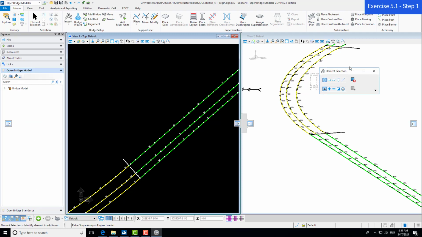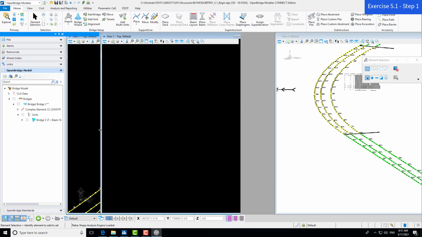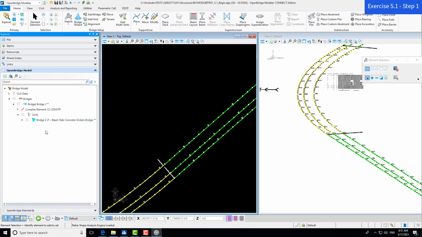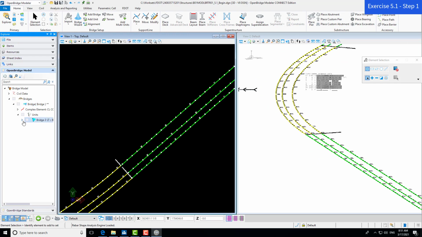And with that information, you can see that we get a drop-down menu here, and the information that we just added is now included in our Explorer. So here is our bridge, so we can see that now this is created. As far as the Bridge Explorer, you can keep this docked as I like to, or you can close this and open it up as a pull-out box as well.